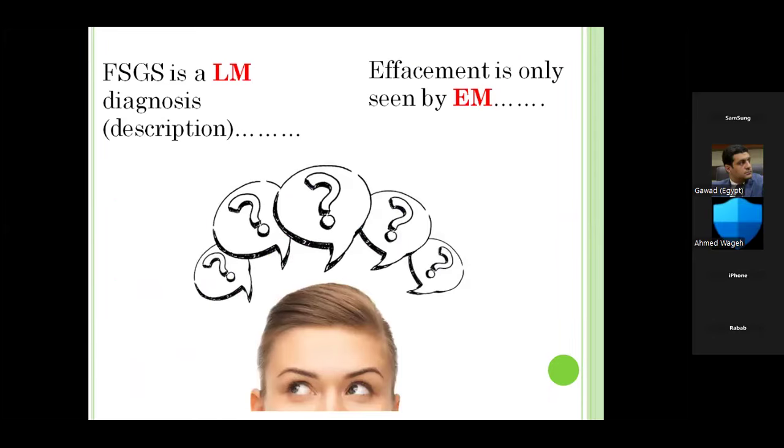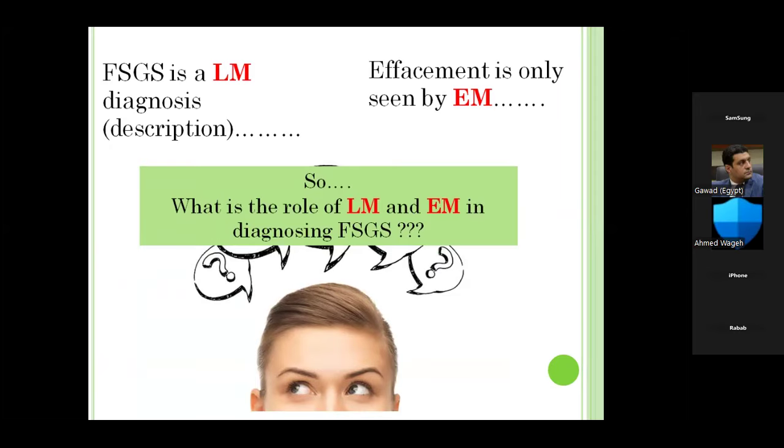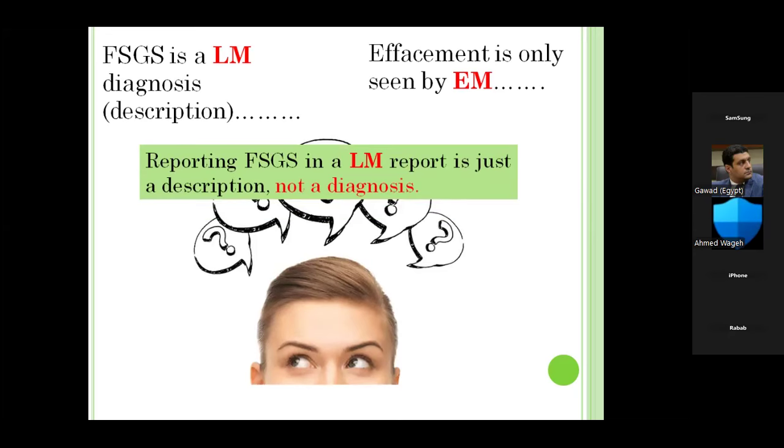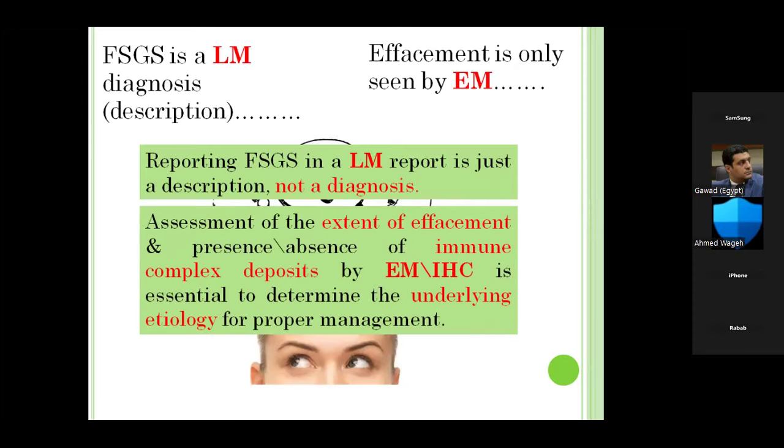So again, focal segmental glomerulosclerosis is a light microscopic diagnosis or an EM diagnosis. What is the role of both in the focal segmental? Reporting focal segmental in a light microscopic report is just a description. It's not a diagnosis. Assessment of the extent of effacement, the percentage of the effaced podocytes, with the presence or absence of immune complex deposits by immunohistochemistry or electron microscopy or both is essential to determine the underlying etiology for